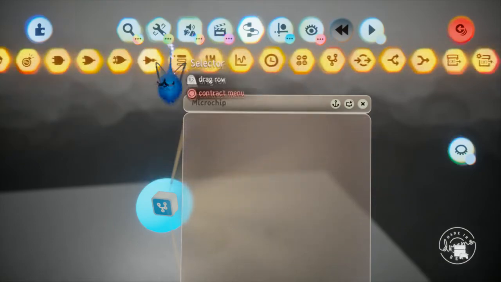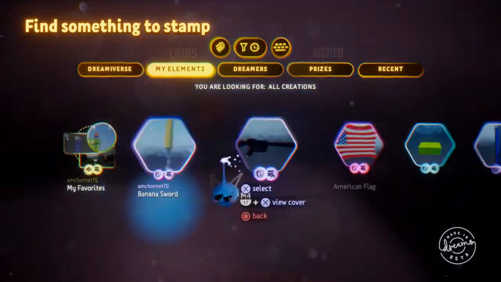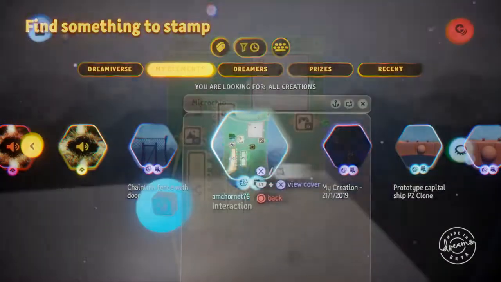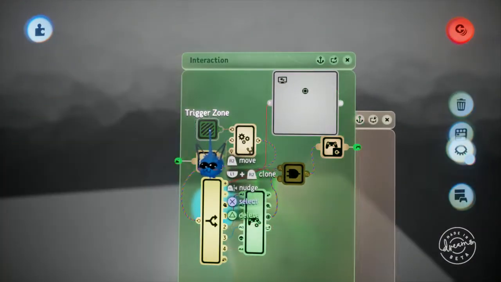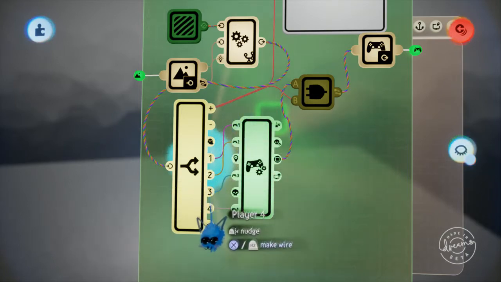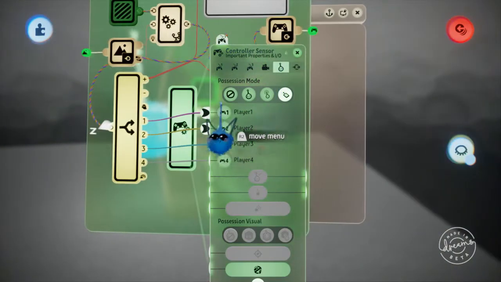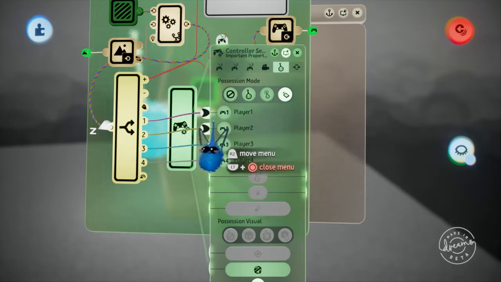What do we want? I'm gonna get my interaction chip. And if you haven't seen this before, it's just basically a trigger zone which detects where the player is. And then this is a splitter, so it gets the value of if it's detected or not, and then it detects what player is in the trigger zone. And then from there, it'll turn on this wireless receiver for the controls, and whoever's in the zone,